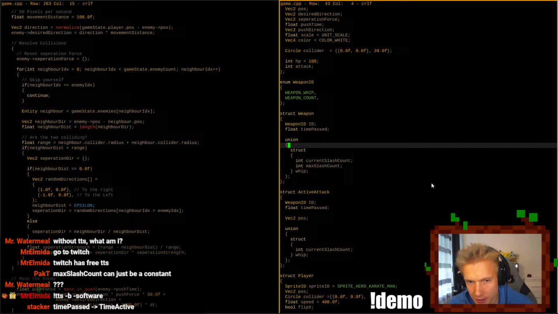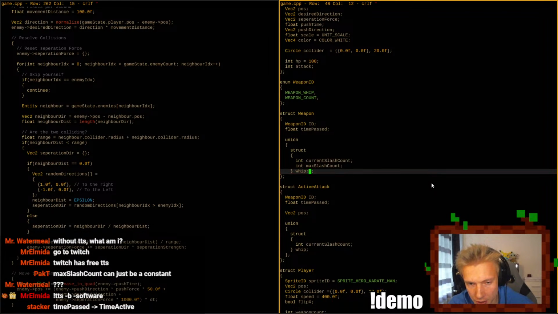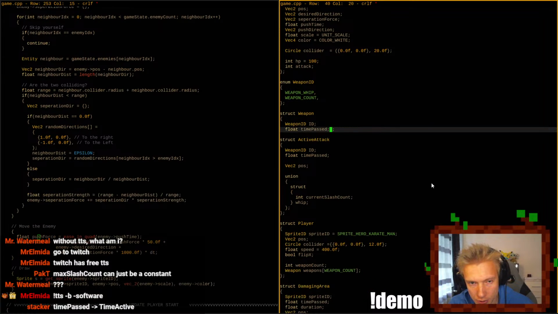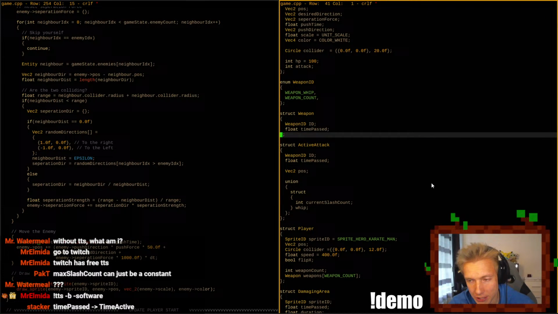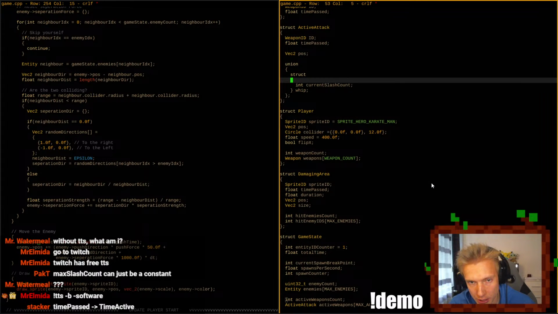No, a weapon needs to have a time passed too, because a weapon activates itself. And then when it activates, it does a certain thing. Then it is on cooldown, and then it activates again. It creates some sort of active weapon, or an active attack. So I guess we'll just delete all of that code. We're going to have to rewrite some code, because we are cleaning up the data a bit.